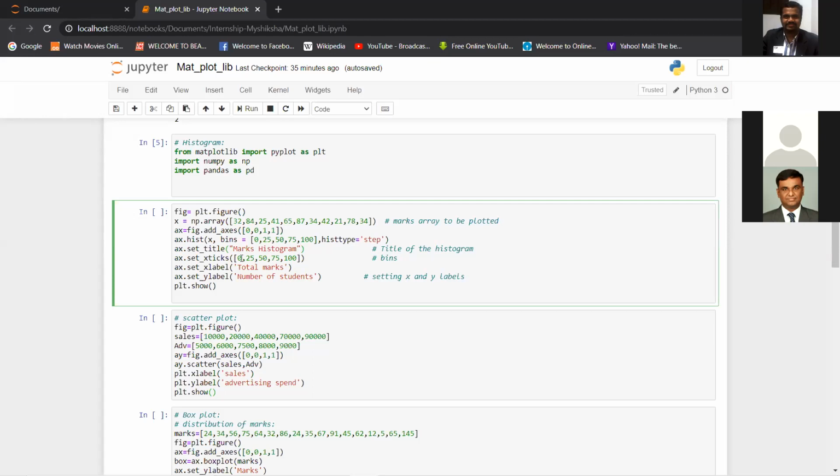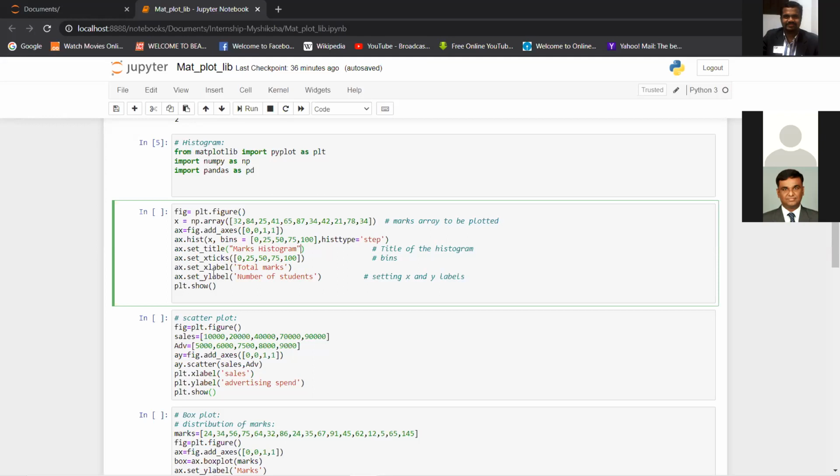Whatever values are between 0 to 10 can be plotted on the y-axis. I mean, you can simply have a bar graph which shows you how many values are there between 0 to 10. If it's a histogram, on the x-axis you have 0 to 10, and on the y-axis you will have how many values were there between 0 to 10, and then how many between 10 to 20, how many between 20 to 30. So it's a frequency distribution, the number of values you have for each class. That's the basic definition of a histogram.